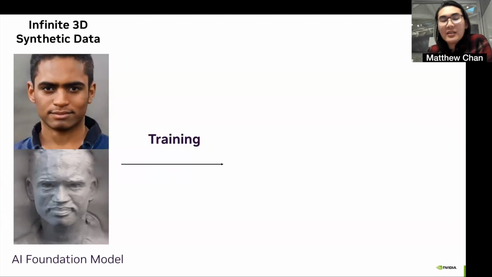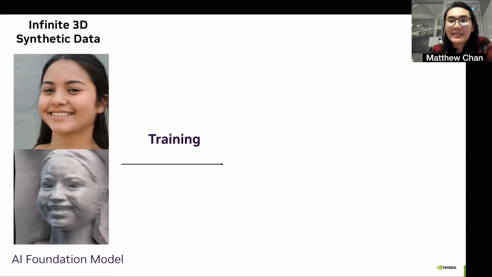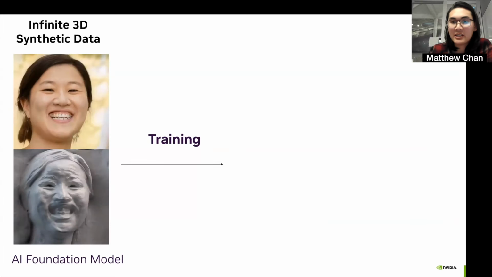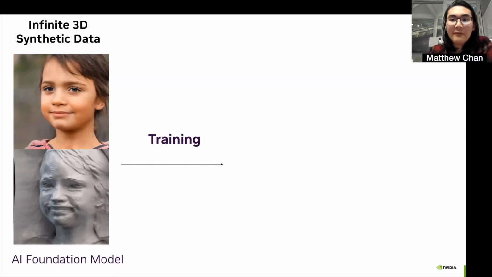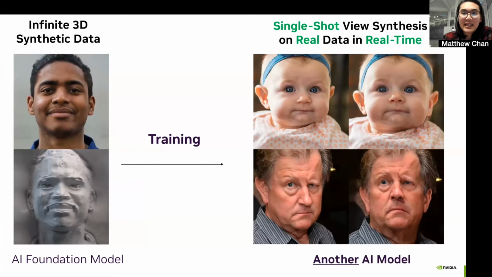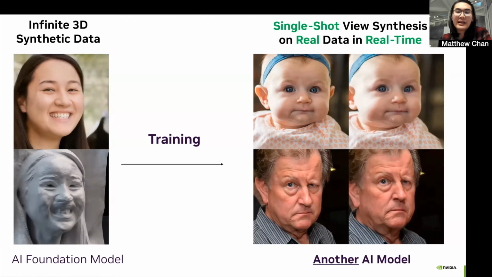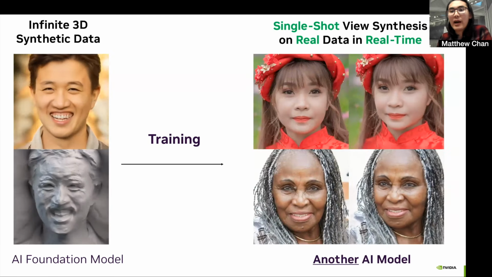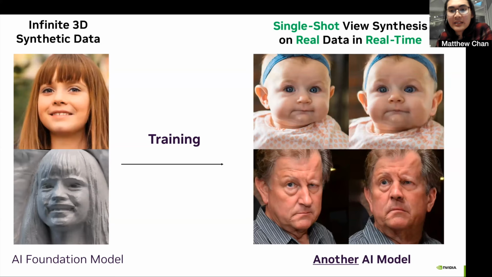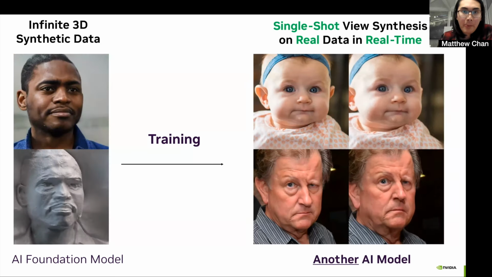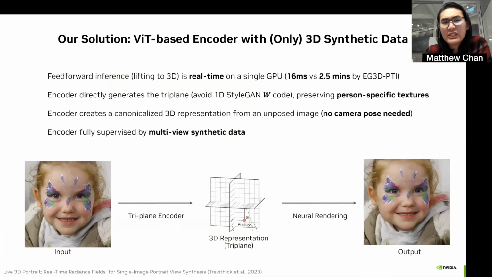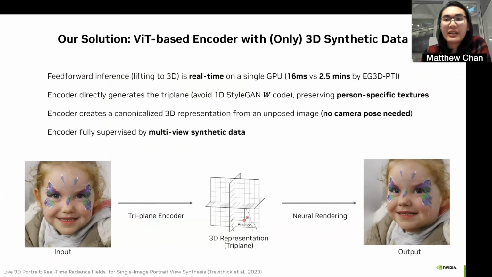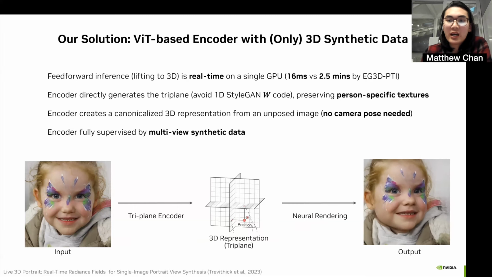To reiterate, what I'm proposing here is we're going to take an existing pre-trained 3D foundation model and use that as a synthetic data source to create an infinite supply of 3D data, and that enables us to train a separate and brand new AI model with no requirements of 3D ground truth at all. So the architecture that we propose is this vision transformer-based feed-forward encoder, which in real time,